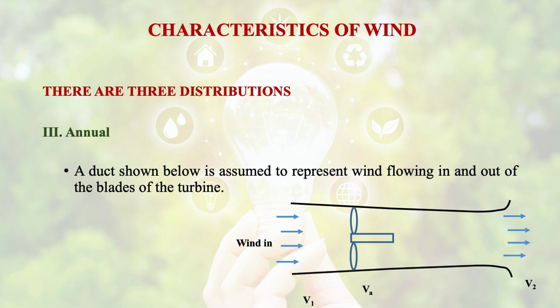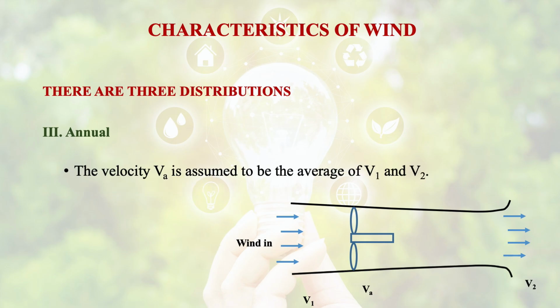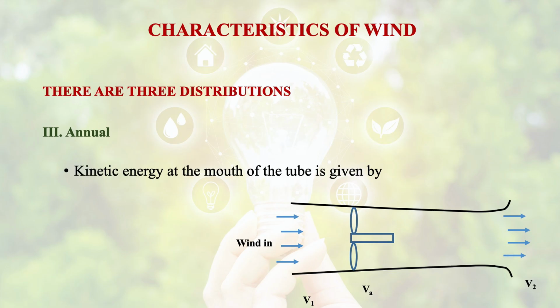As shown in the figure, a duct is assumed to represent wind flowing in and out of the blades of the turbine. If the inlet velocity of the wind is V1 and the outlet velocity is V2, and let us assume that V is the average velocity, that is the average of V1 and V2,